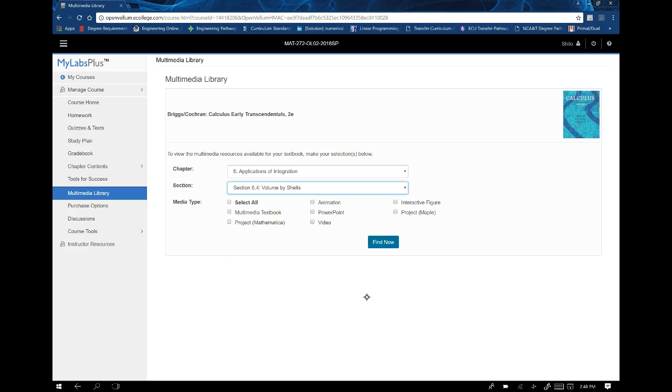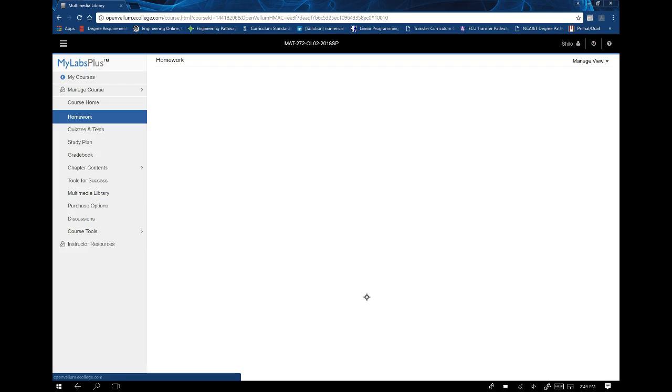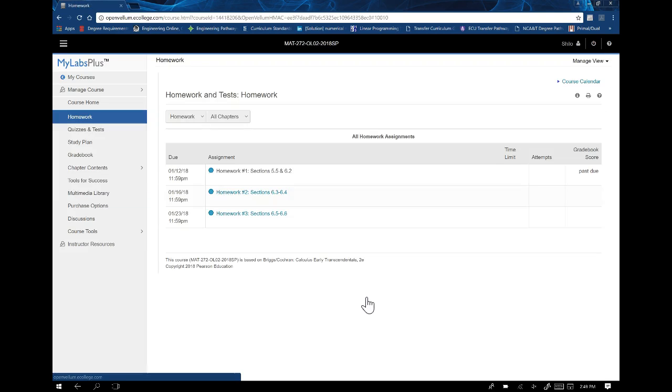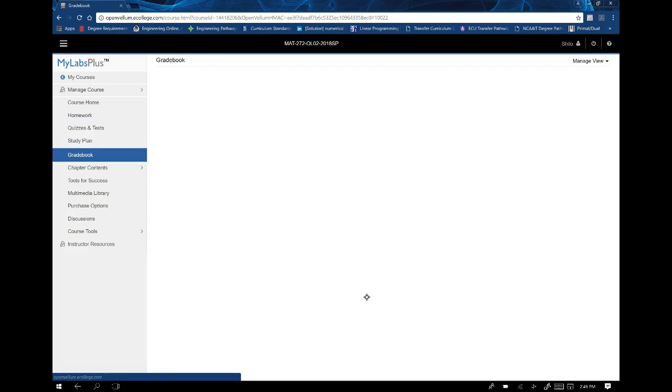So the multimedia library has tons and tons of resources that you can use. My sidebar might look a little bit different than yours because this is obviously an instructor sidebar. Some of these might be hidden to you. But I want to go back to homework and look specifically at some things that you have available when you go into a homework assignment. So I'm going to go in, let me go back, hold on, before we do that, because I'm going to end with homework. When you go to your grade book,